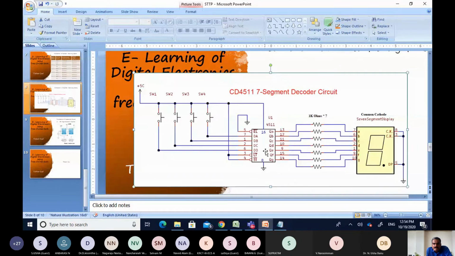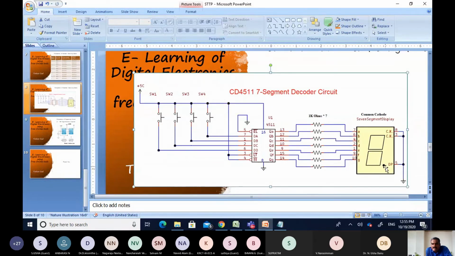See, if you look into this IC, you require the output bits, that is from QA to QG, right? So the pin numbers are listed. As I told earlier, you need not worry about the pin numbers. Whenever you mouse over the pin, you will get the pin numbers. That is your output pins, right? So your inputs are A, B, C, D, and outputs are from section A to G, right? So the sections A to G should be connected to the sections of your 7-segment LED, right?